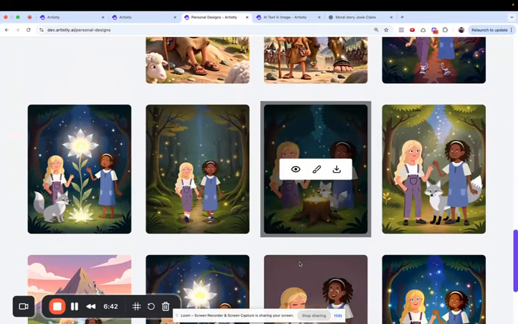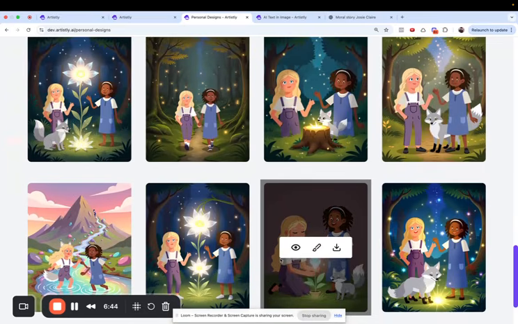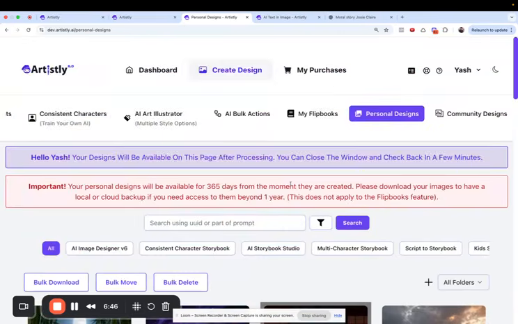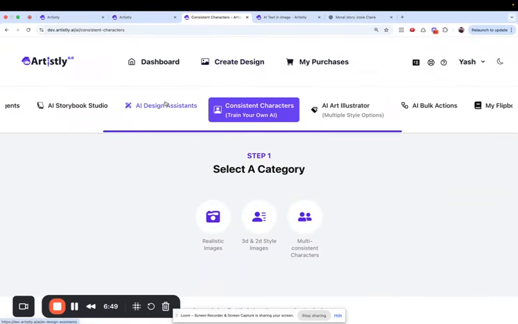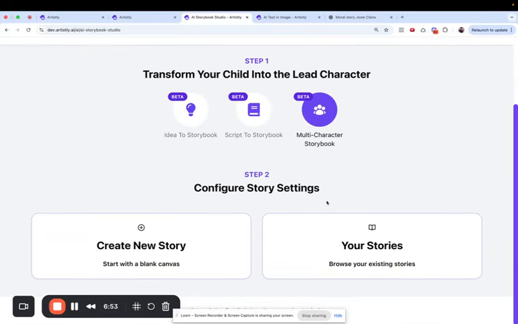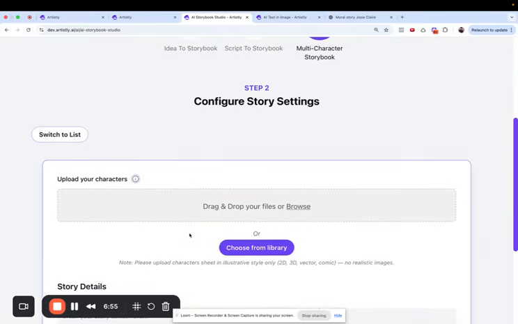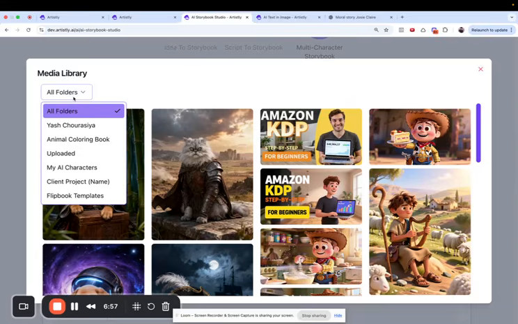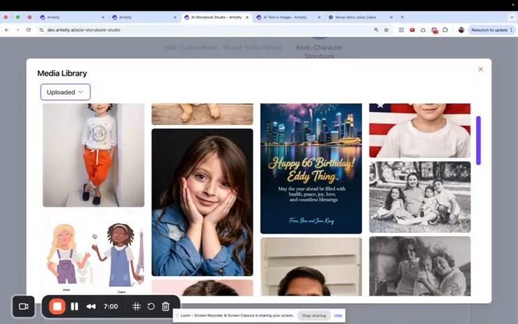Just like these. Look at that. How powerful it is, right? So let me repeat that process, okay? What you have to do is go to Storybook Studio, multi-character storybook, new story, your character sheet is going to come,